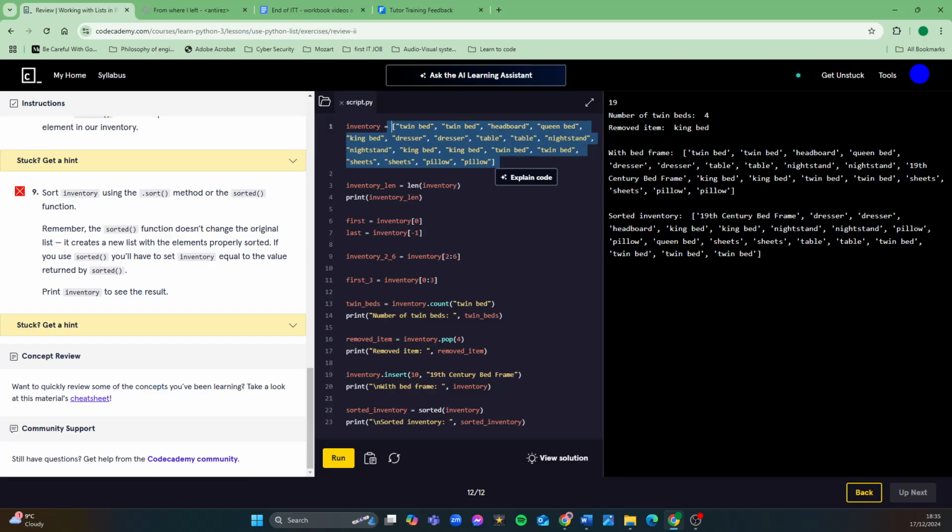Not exactly, because this thing doesn't, for example, have 19th century bed in it. So when we use it here, we're referring to a thing which has had something inserted into it, 19th century bed frame. We're referring to something that has had